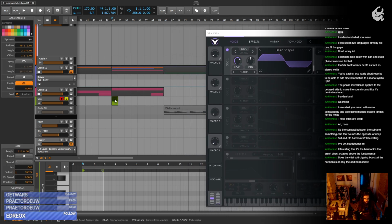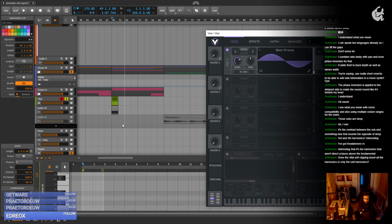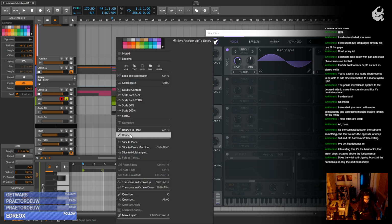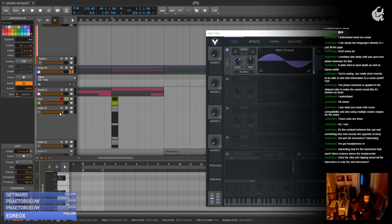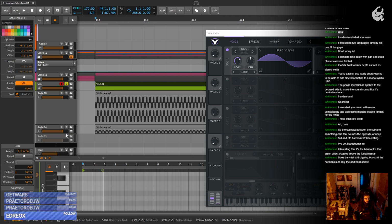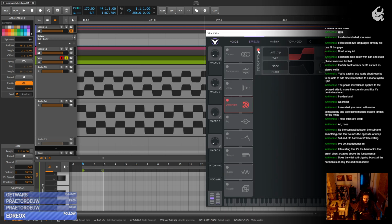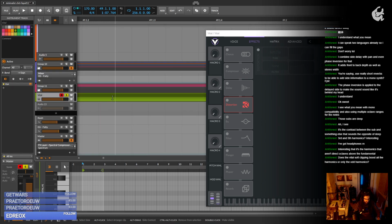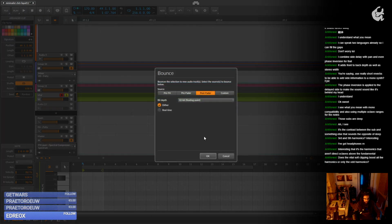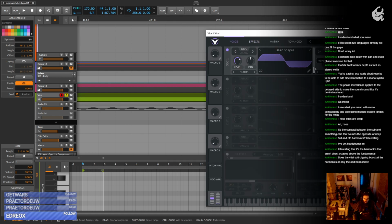If I, for example, bounce this in audio, post fader, yeah, for sure. And if I bounce the sine wave, oh yeah, no, my bad. Okay, let's do this again. I kept the distortion on. I was wondering why the shapes were so different. So if I bounce this, now I have the sine wave, and if I go there and take some square wave, even if it's rounded, and I bounce this,